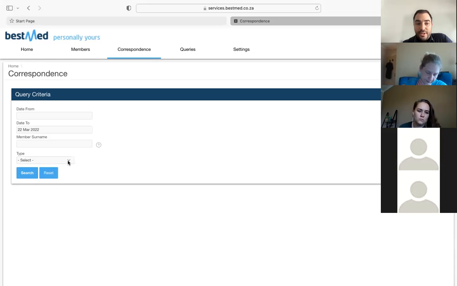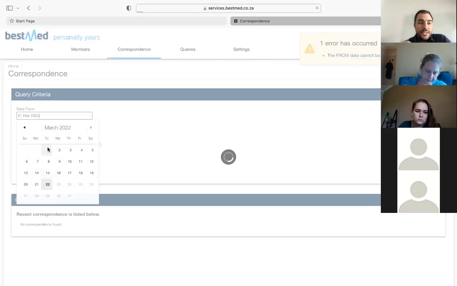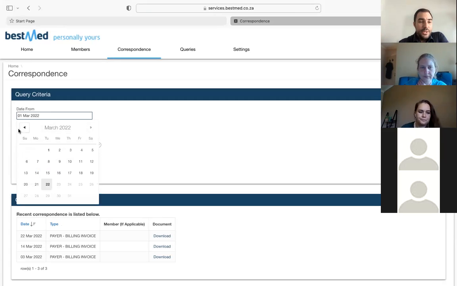So over here, you guys will select billing invoice, okay? And then you'll say from when to when. So if we just say March, and we go, I see you don't have to click search, but here it shows the billing invoices, and here you can just download them. So once you've downloaded them, that's the billing invoice. So you'll see here, if we look at previous months,